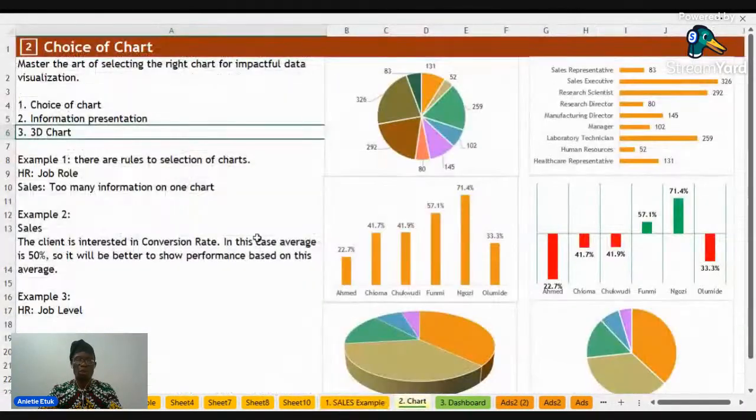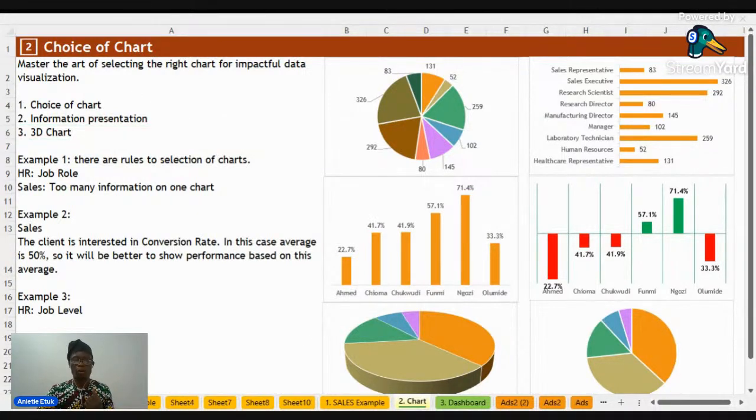Discussion number 2 is the choice of charts. Before going to the choice of charts, please, one minute question. I will take just 2 questions, then we proceed. If the first discussion was clear enough, let me just get your feedback. Just type proceed, and then we can go on.